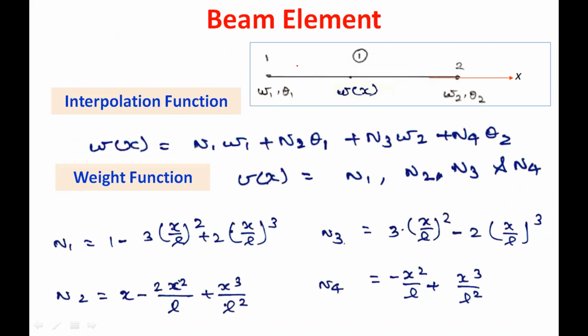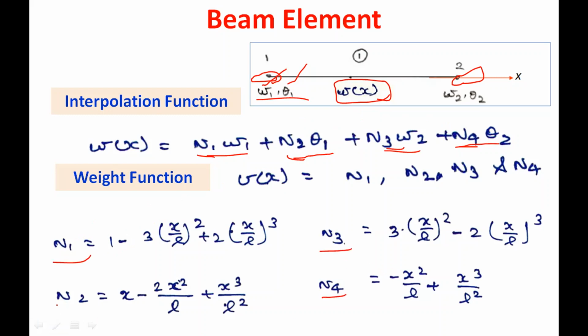So beam element is nothing but one dimensional line element with two end nodes 1 and 2. At each node we have 2 degrees of freedom, w and theta. Here w is transverse deflection, theta is the slope of the beam. So the interpolation function will have 4 shape functions n1, n2, n3, n4. So n1 w1, n2 theta 1, n3 w2 plus n4 theta 2, like this. This is the interpolation function for this transverse deflection, where n1, n2, n3, n4 are the shape functions for